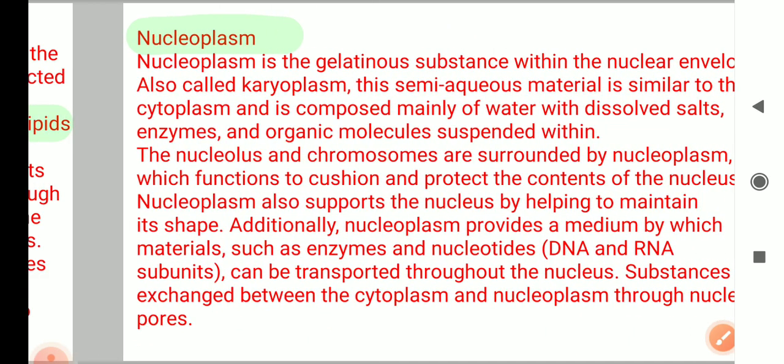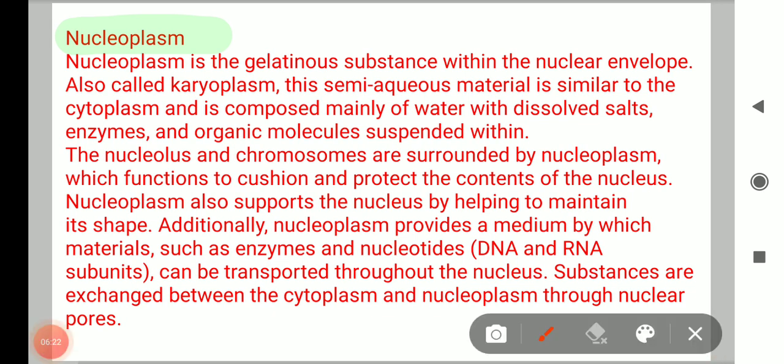Nucleoplasm. Nucleoplasm is a gelatinous substance within the nuclear envelope, also called karyoplasm. This semi-aqueous material is similar to the cytoplasm and is composed mainly of water with dissolved salt, enzymes and organic molecules suspended within. The nucleolus and chromosomes are surrounded by nucleoplasm, which functions to cushion and protect the contents of the